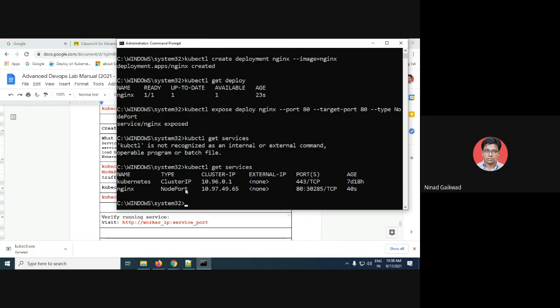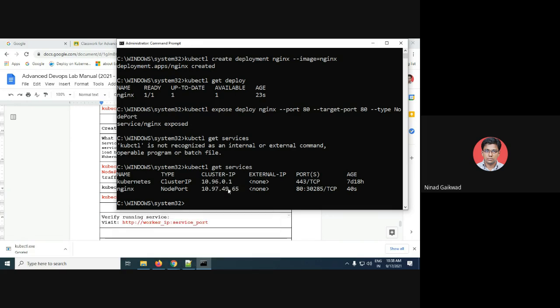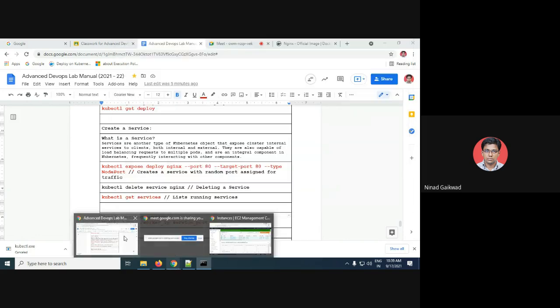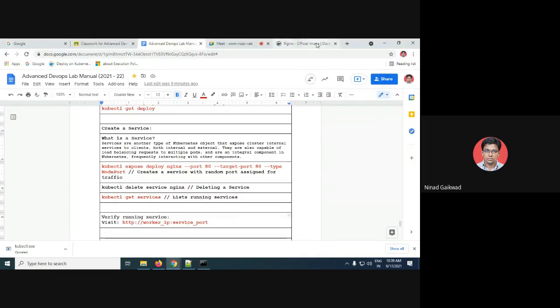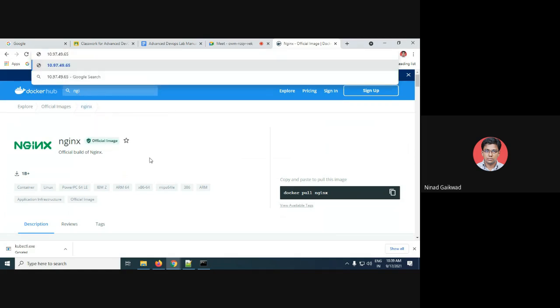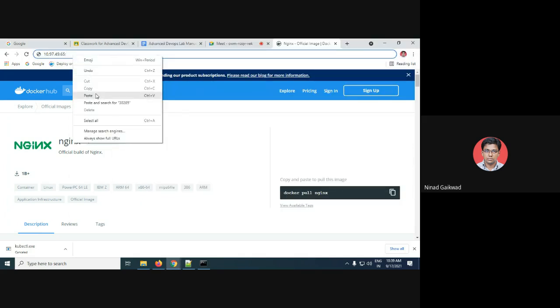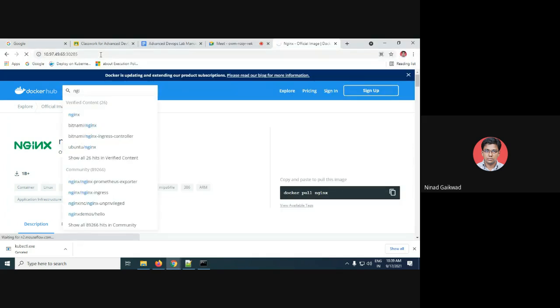All right, or I guess this is available only on this traffic. So we'll see. So in order to view our output, what we can do is copy this IP. All right, go into our web browser, open up a new window, and paste the IP address and the port number. So the port number is 30285. So 30285. And when I click enter,